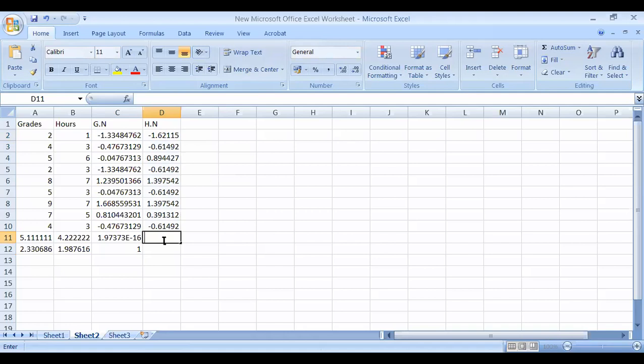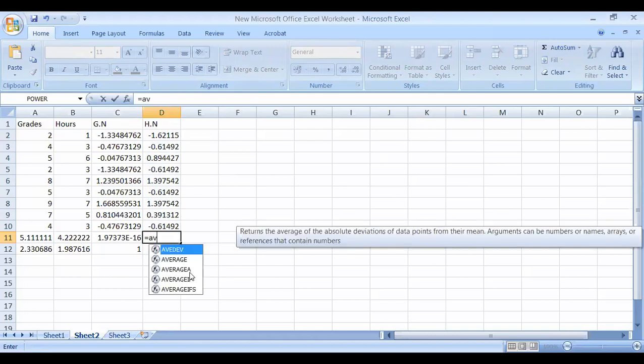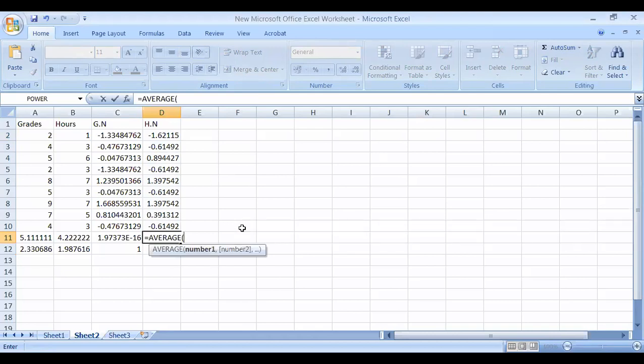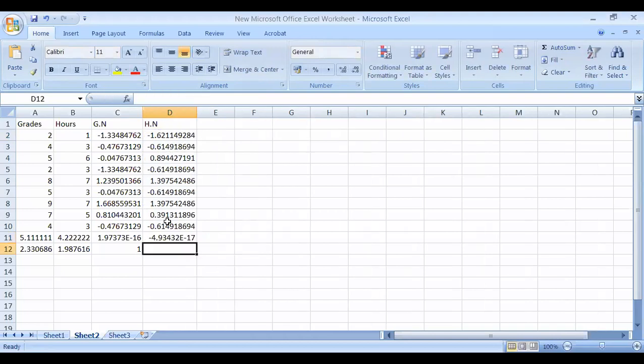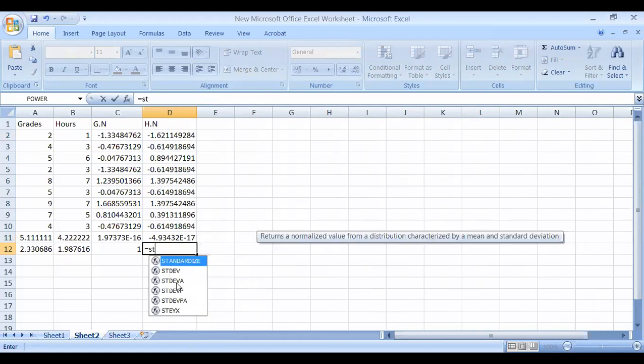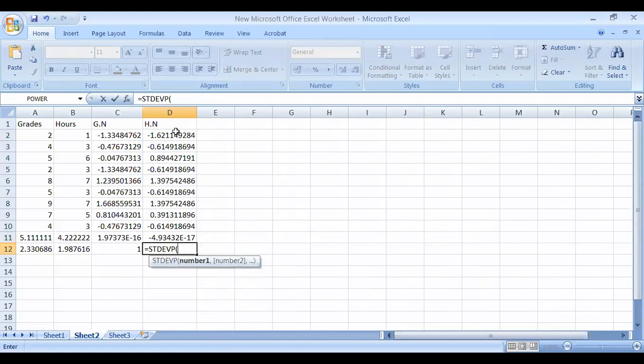So let's see if the mean of this data is 0, right? The average must be 0. So this is 0, okay. And this should be 1, the standard deviation of this whole data. And this is very important. Every time you take